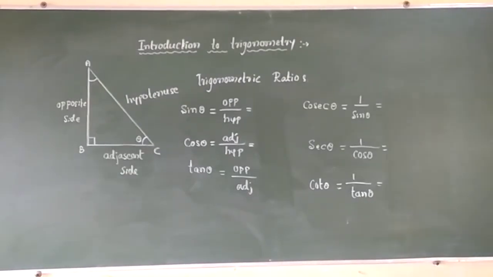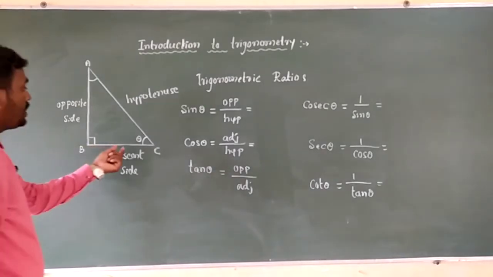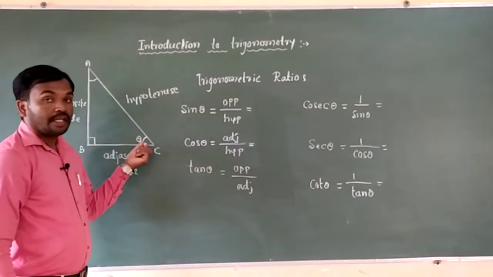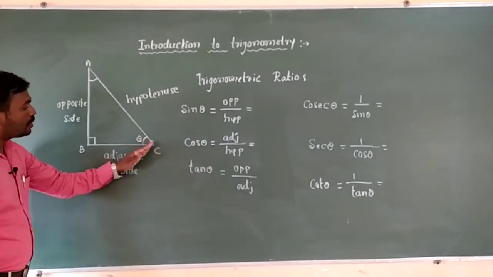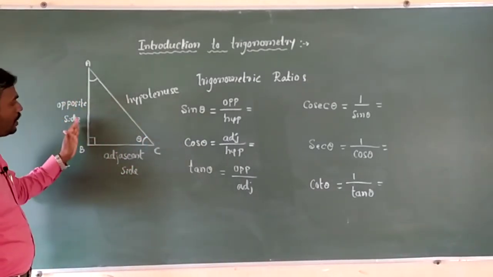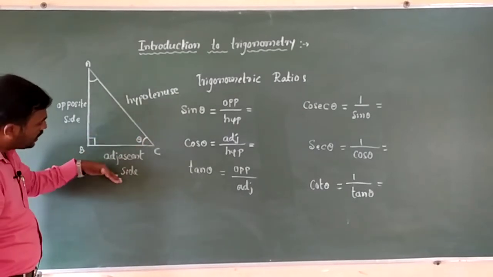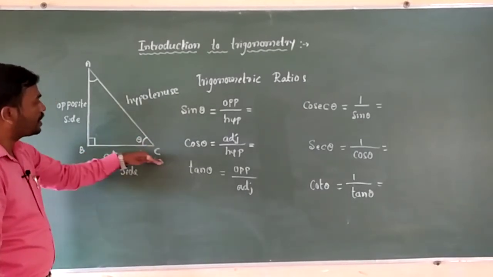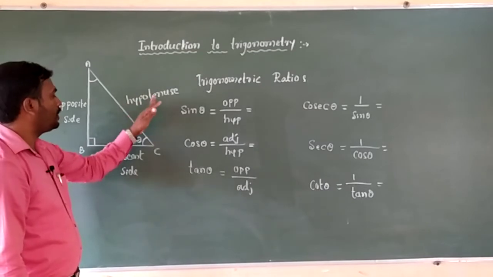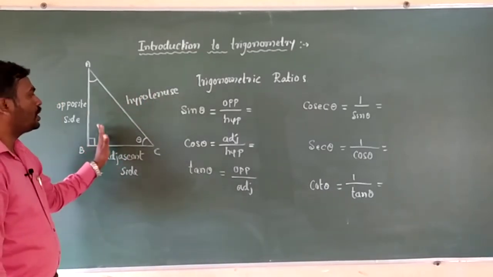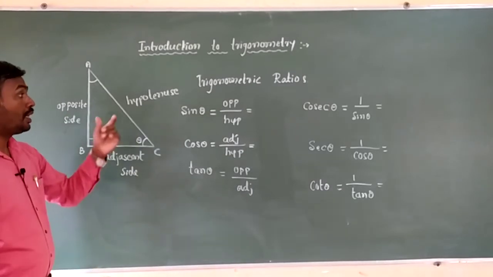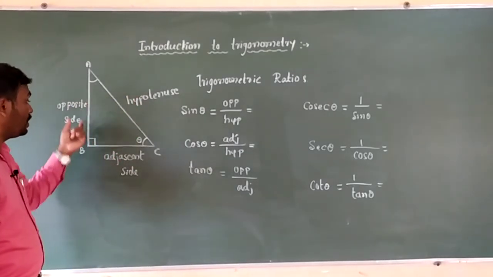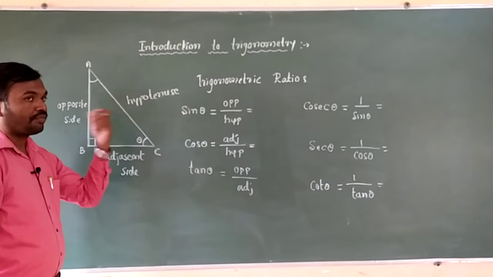Okay, children, now let us take the next, theta as acute angle C. If we take this one as theta, then its opposite side is which one? AB becomes the opposite side. Its adjacent side becomes which one? Its adjacent side becomes BC. Again hypotenuse remains the same. It is opposite to the right angle. So let us write all 6 trigonometric ratios by using angle theta as the reference angle.